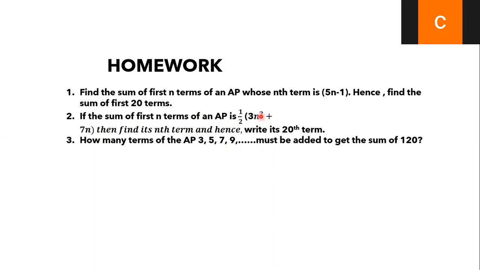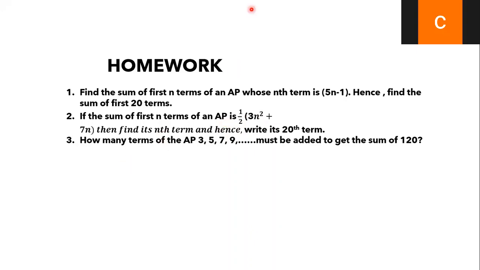Then check out Sn minus 1. So the nth term we are getting is 3n plus 2. So the 20th term answer is 62. Just try that out, children. It's a high order thinking question.